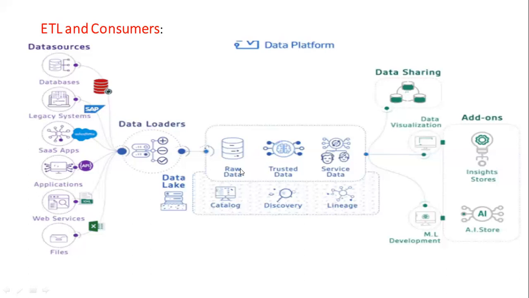Now, what is known as raw data, I will discuss all these things. Okay. And then once again the data will pass through multiple layers, and then finally you will show that on the report. You'll be having insight, and artificial intelligence will work on top of that. Your machine learning will work on top of that. Data visualization will work on top of that. So that is why data engineers, the ETL testers, the ETL engineers, are in huge demand, because if this part is not correct, this will not give the correct output or correct result.